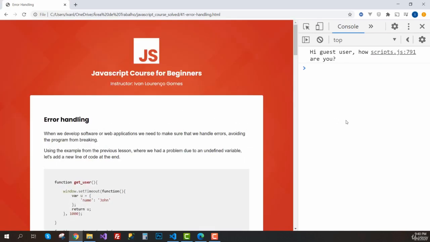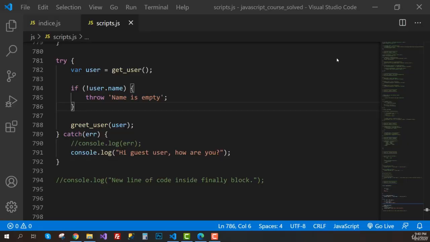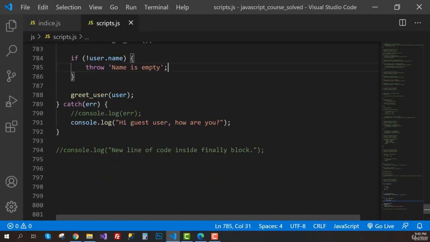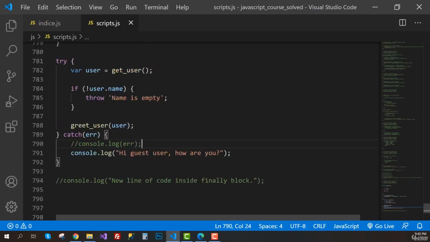Refreshing the page. As you can see, we still have no error here, but instead of just using that empty string, we consider that as being an error, and now we're going directly to the catch block, which is really good. And why did we write this? Well, this is the error message. So if you are debugging your application and you want to understand what happened here, why are you not sending a message? If we send this error to the console,